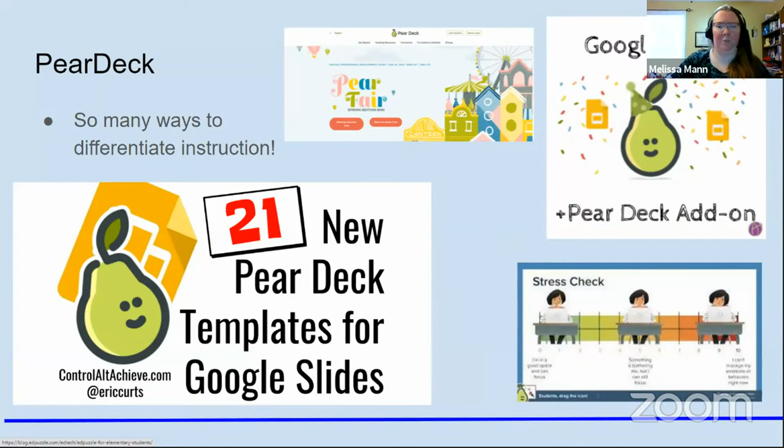Pear Deck, this is one I've got to play with more. I've used it a little bit, but not enough, but it's one that I know we can do more with next year, like with the IEP goal progress and things like that. One thing I learned is they do this Pear Fair thing twice a year, and then they'll post all the videos. So if you click on this right here,